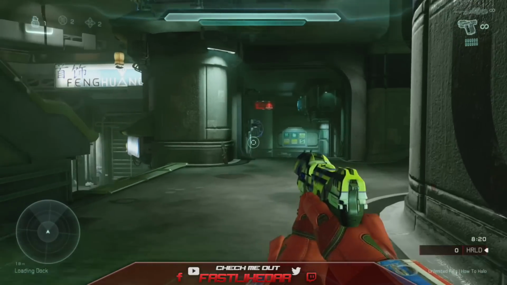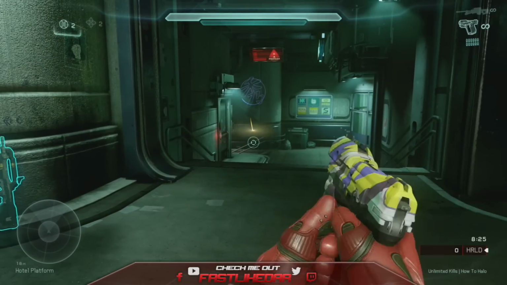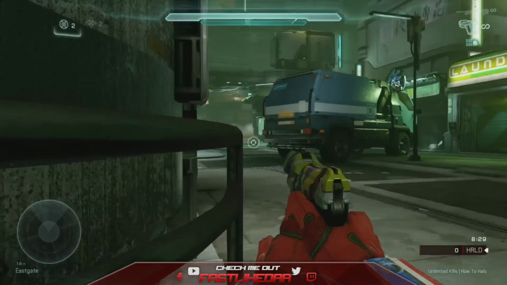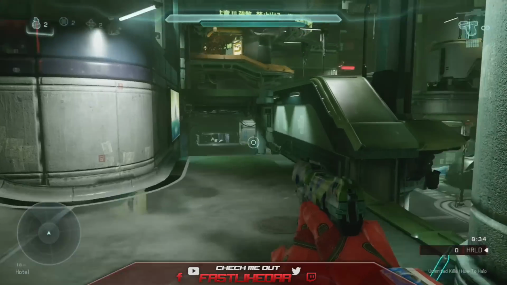So I think throwing grenades at someone chasing you, going like that, is not a good play. But maybe if you had the advantage and the guy was sitting right here crouching or something, I think that maybe would be a better type of nade for that. So